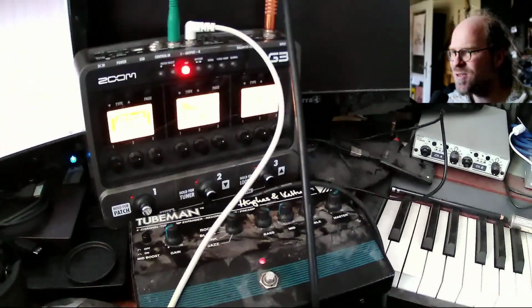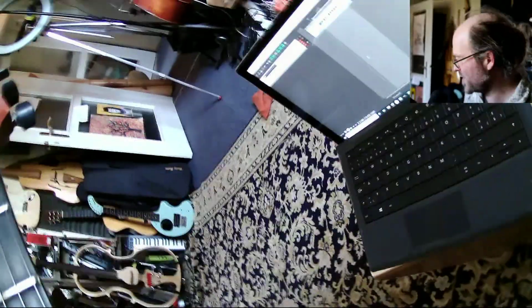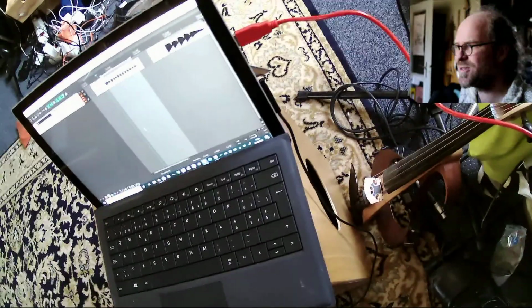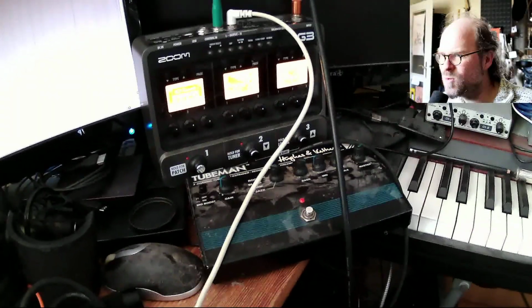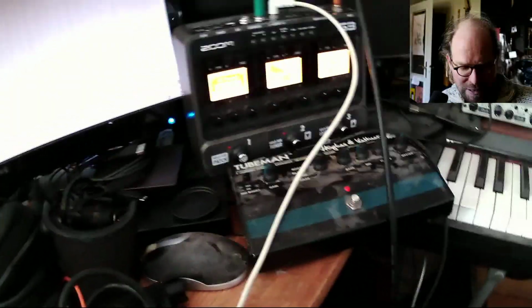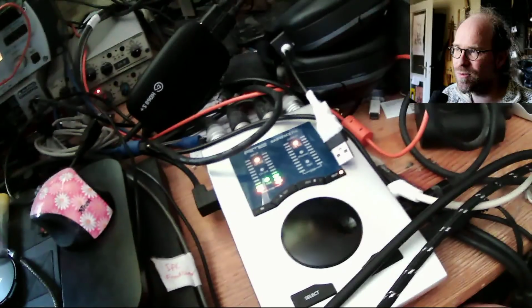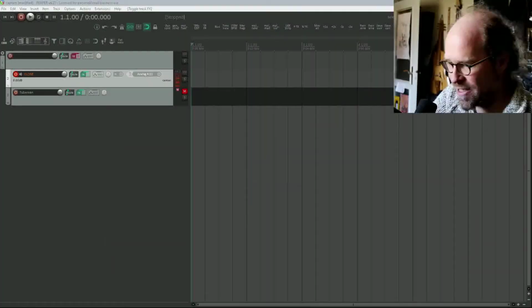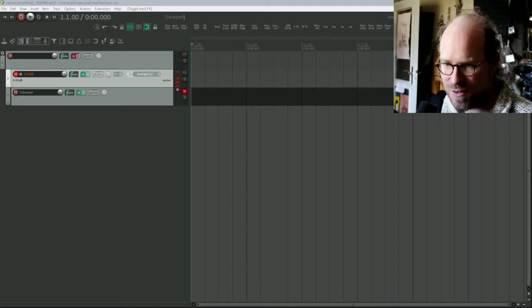I used the Zoom G3 just to split my signal. It's coming here from another laptop, fed through another baby face, and then goes into the Zoom G3. One path goes through the Tube Man, the other directly into the baby face. I have two channels here in Reaper, and one is